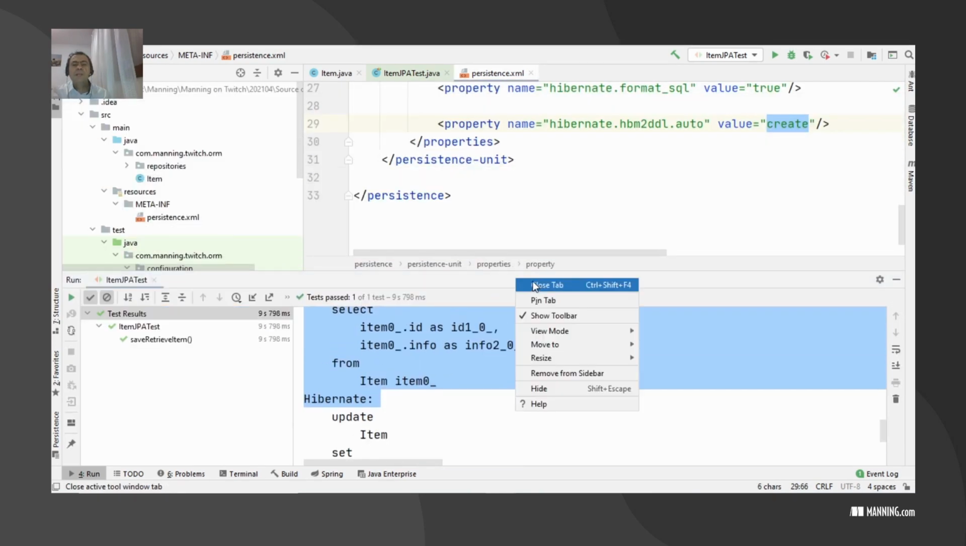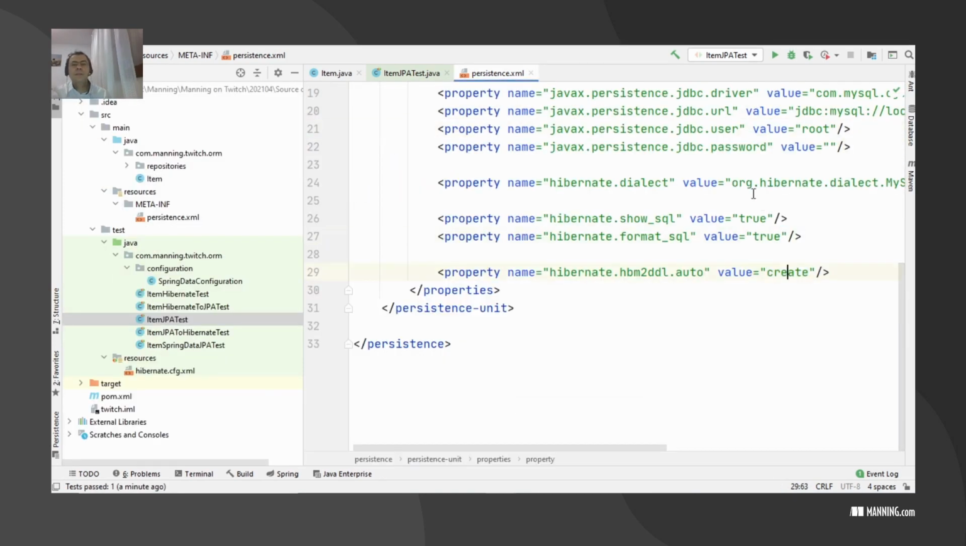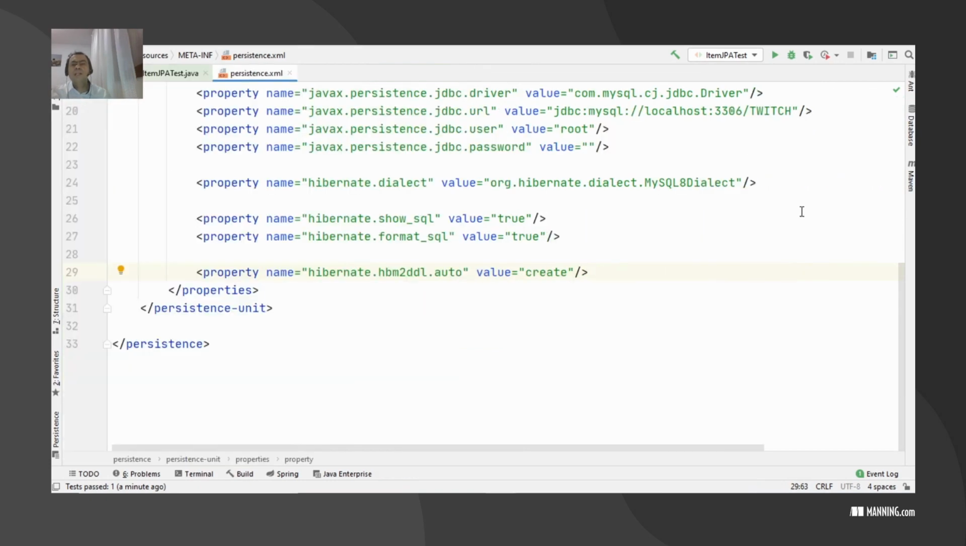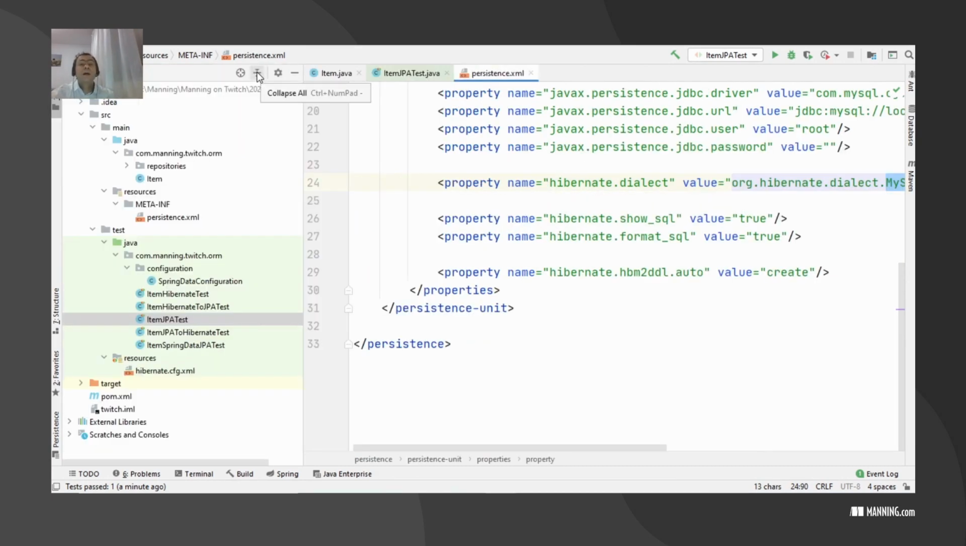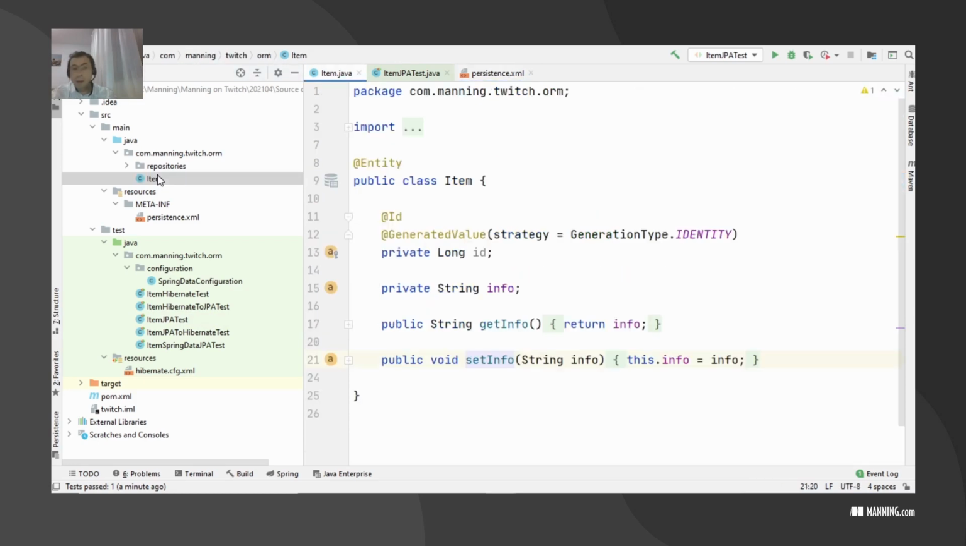So we have the possibility to inspect. Of course, the SQL is generated according to this MySQL 8 dialect. So this is the JPA API. We have the possibility to use the same item as an entity, but to save and retrieve it using